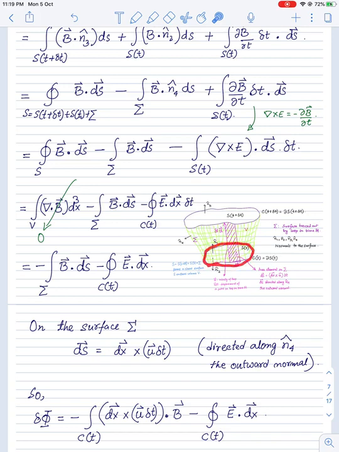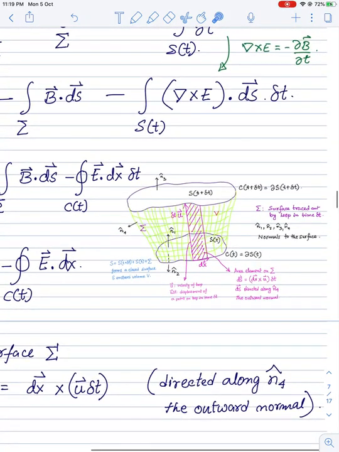This is the loop, the position of the loop. So this is the line integral that needs to be performed over the loop at time t, and this C of t is basically the boundary. It is the boundary of S of t that is equal to C of t. Okay, so this step comes about by Stokes theorem. Now, this is 0 as we argued, because divergence of B is 0 by Maxwell's equation. And now we have to understand what this means for this magnetic field to be integrated over the side